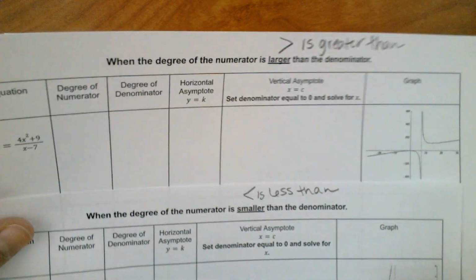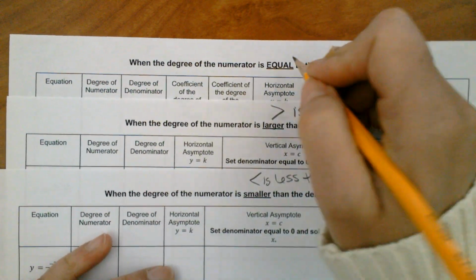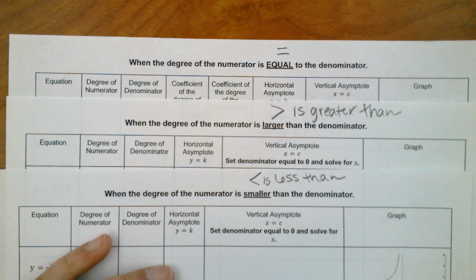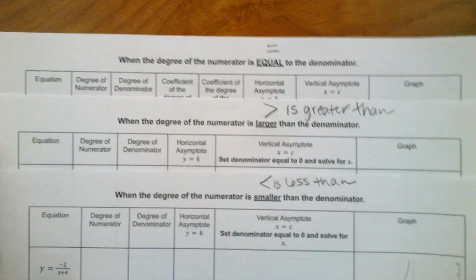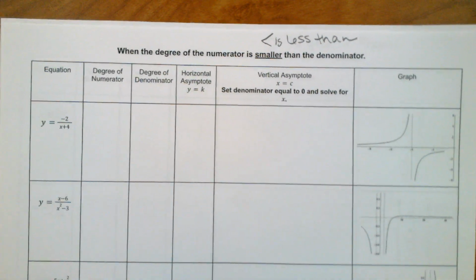And finally, our third is going to be when the degree is going to be equal. We are going to be using the equal sign to the denominator. So let's get going and let's look at when it's smaller. Okay,